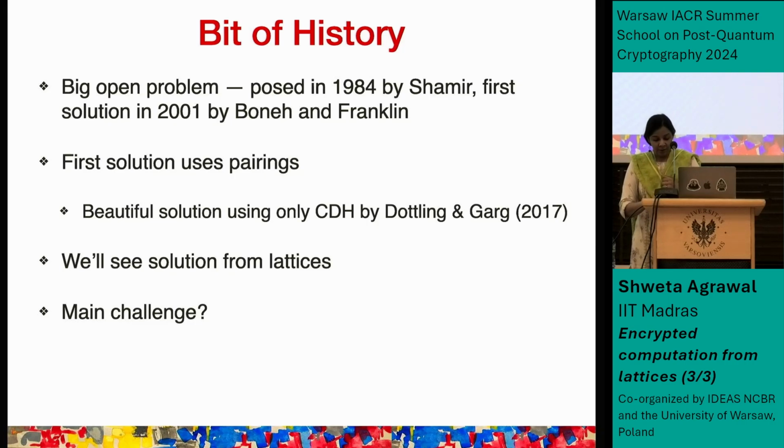So, what we've seen so far is a public key encryption scheme. We saw Regev's public key encryption scheme, and we also saw that it has nice homomorphic properties, and you can use it to build homomorphic encryption.